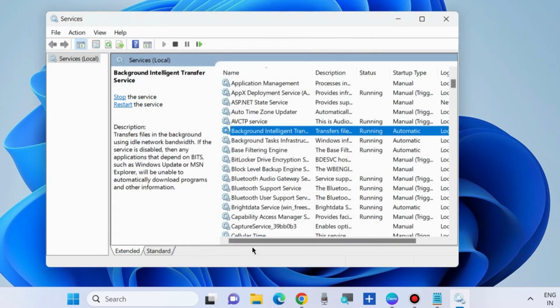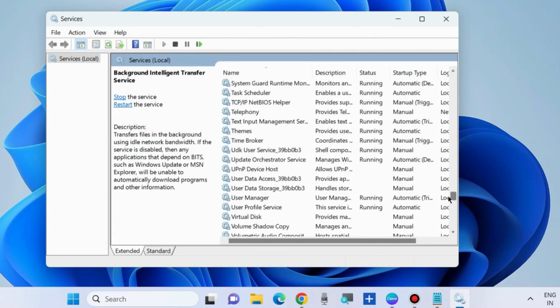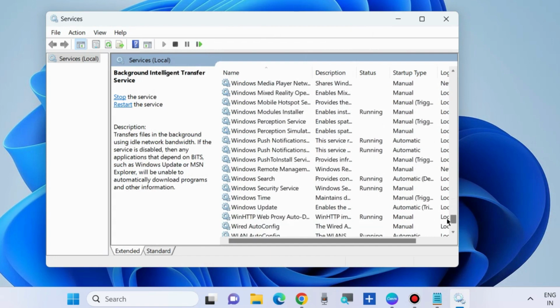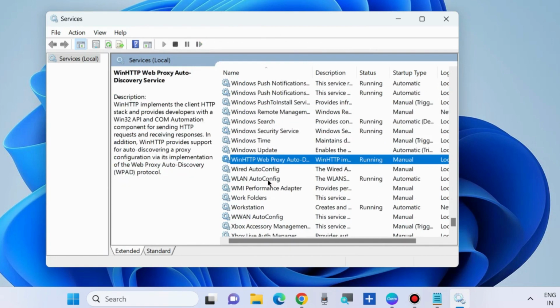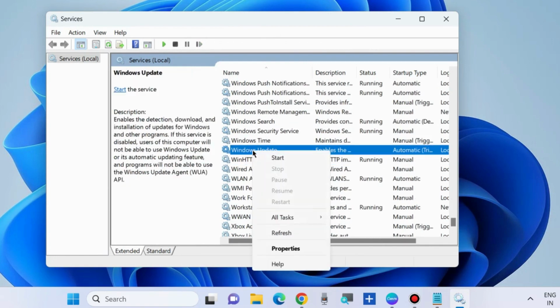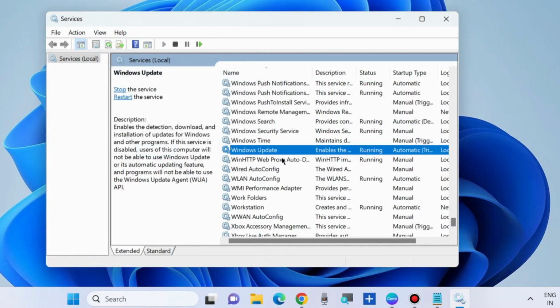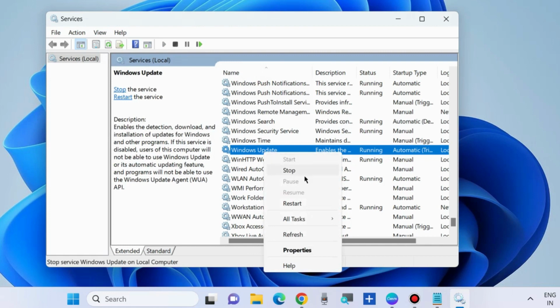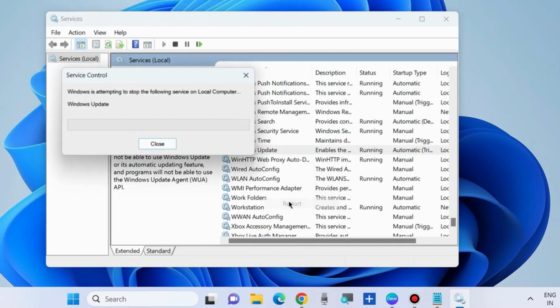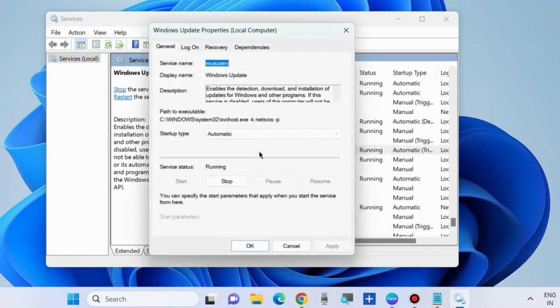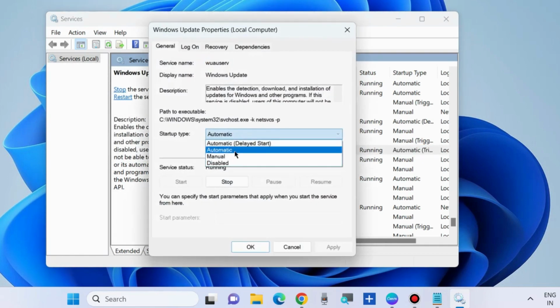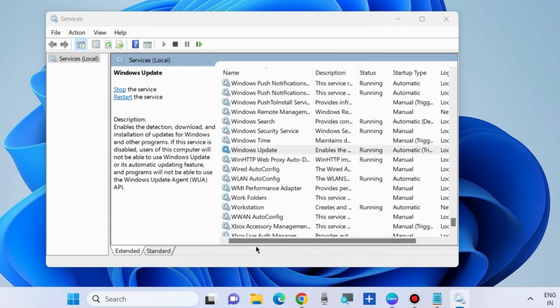The same procedure will be applied for Windows Update service also. Go to Windows Update service, and same, restart. Double click on it and choose Automatic, Apply and then OK, and check whether your error is resolved or